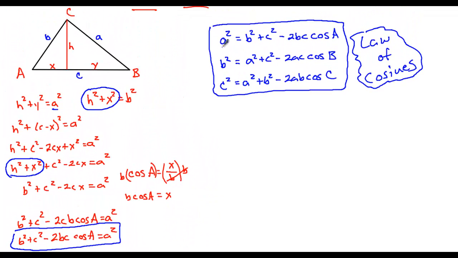Whichever side you're trying to find, you're going to have to know the other 2 sides and then use the cosine of the angle that's opposite of that side. So we go back down and look